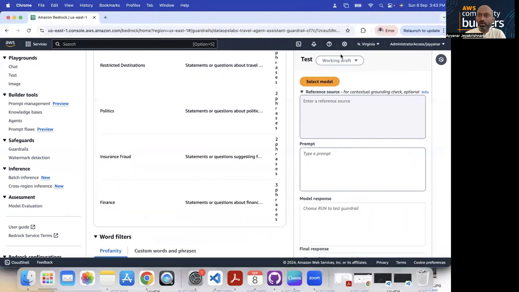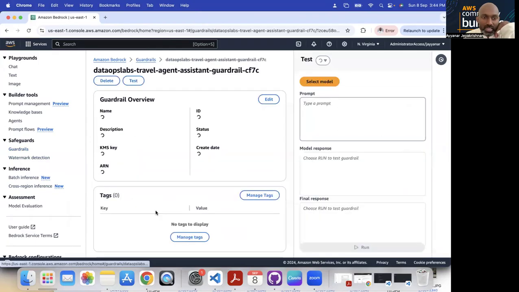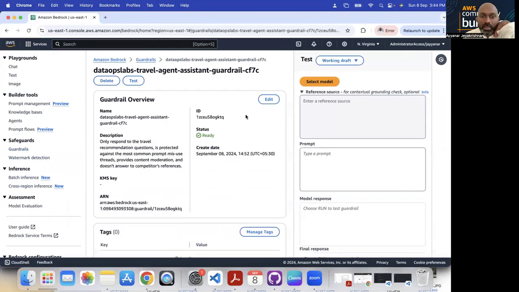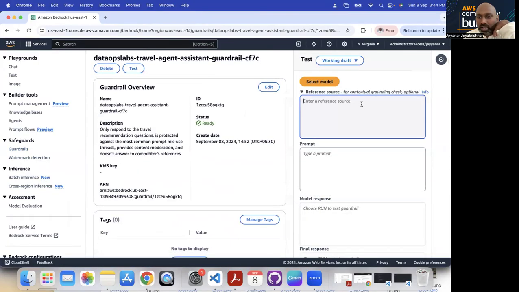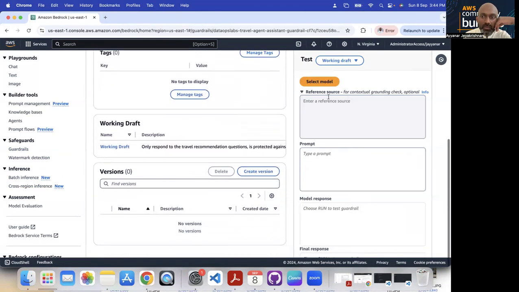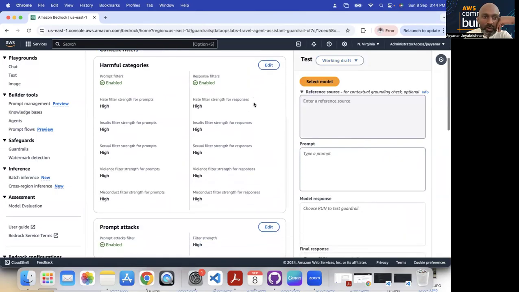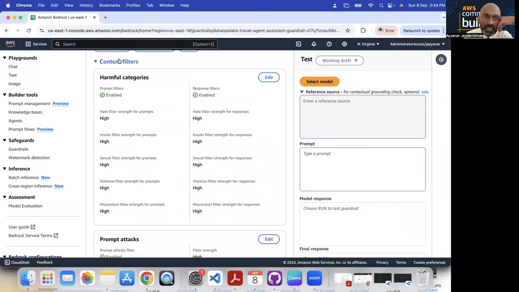Come here to AWS Bedrock and go to Guardrails. This is a new guardrail I have created, and you can test it here, whatever we did, and it will give you the details. This one is in a working draft. Here you can see the harmful categories and all the content filters.